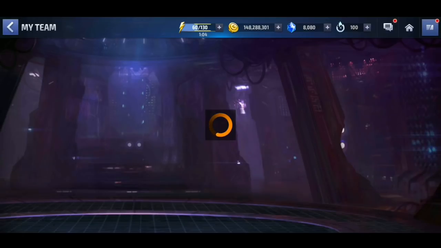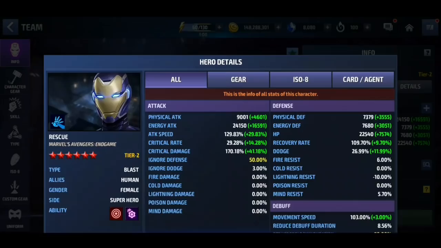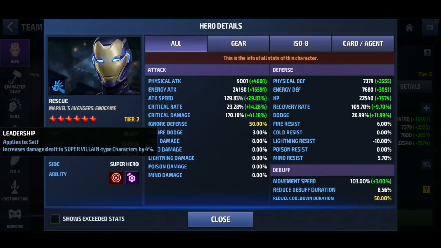So let's take a look at my build, you guys. She has 24,000 energy attack. She has more or less max attack speed, 29 crit rate, 170 critical damage, max ignore defense, and max skill cooldown. She also has leadership, which White Fox will be able to be used as a support for her,